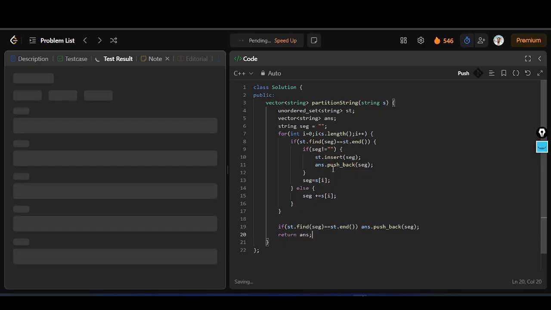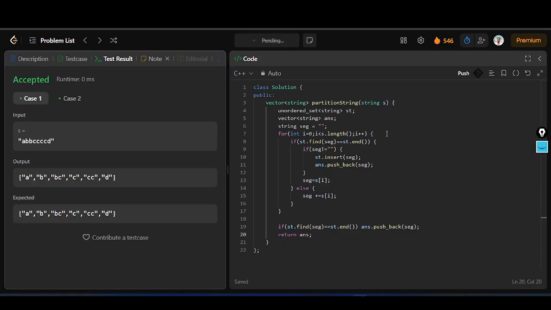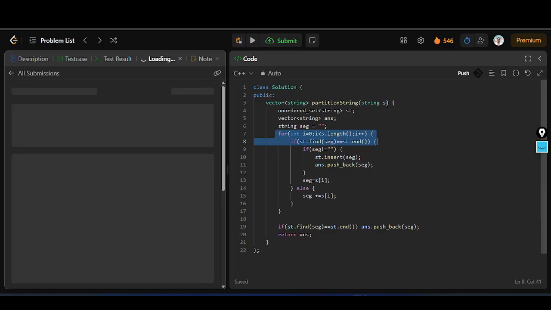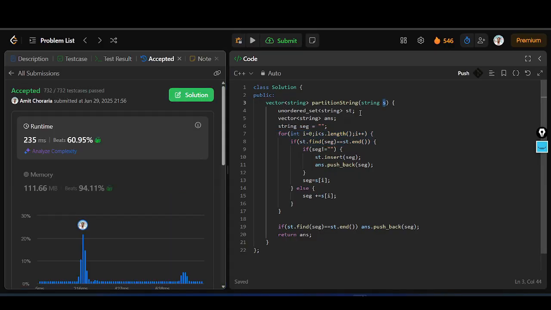Let's see if this works. It does. Let's submit this. Time complexity will be O of n, where n is the length of the string, and O of n is the space as well, or actually more than that, because O of n is going to be the space for using the set. Moving to the second question,